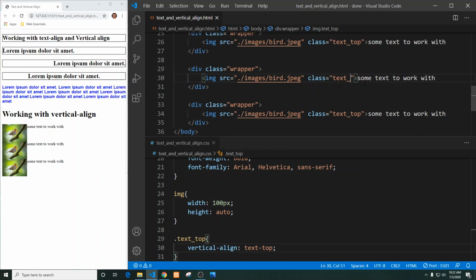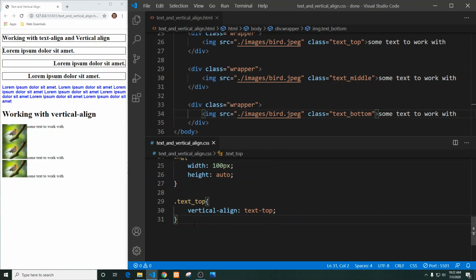So let's change that. So text top, and then we're going to have text middle, and then we'll have text bottom. So you'll start noticing those changes to your left. All right, text bottom. There we go. And now we're going to go on ahead and use that class here. So text middle,